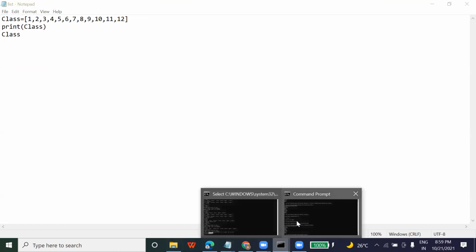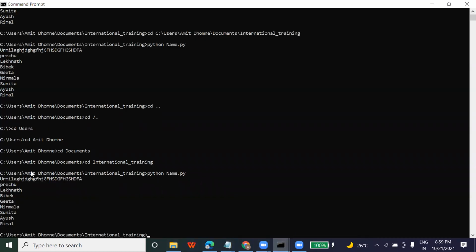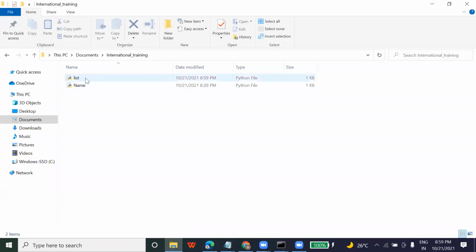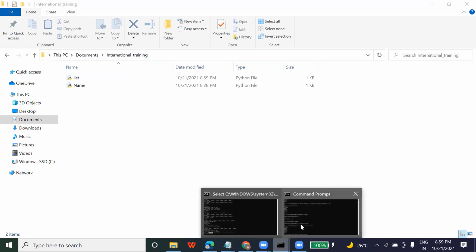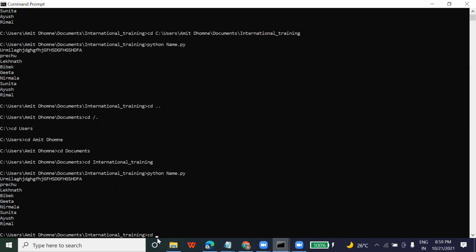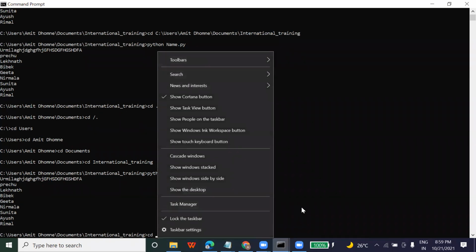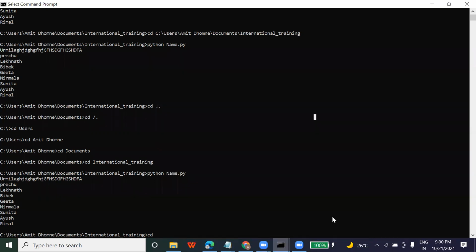Now, as I am on the same path, I have saved the file here only. Okay, if you want to check, you can check it. List.py is on the same path. Okay, so I will go to here. If you just want to make sure, I will paste it again, but this is the same path, I just wanted to make sure. I'll just paste the path here. Okay, sorry. Just 1 minute.